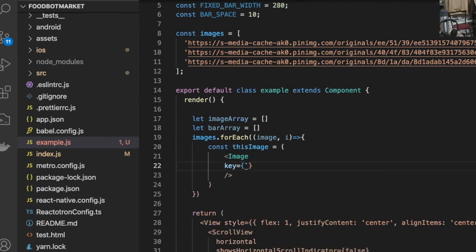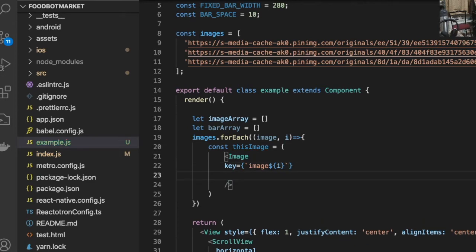So let's say we have this image and dollar and then I, simply. We can pass it like this. This will be the unique key.